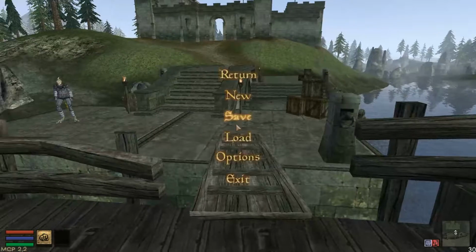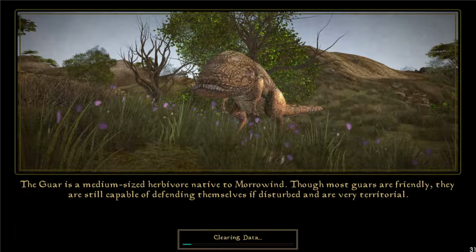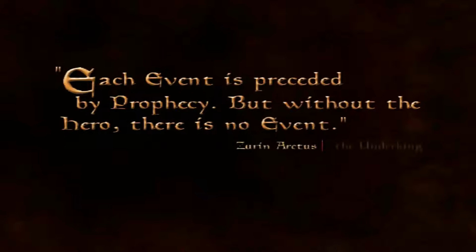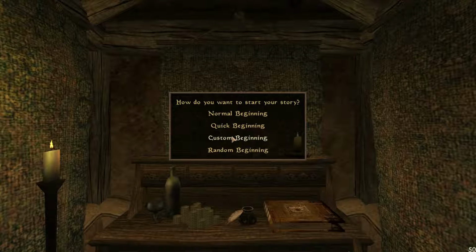Alright, let's have a look at the other options, shall we? So that was the quick start. Really, no mess, no fuss. Create your character, and then choose where you want to start, Seyda Neen or Solstheim. What is really interesting with this mod, if you play Tamriel Rebuilt, you can choose to start in Tamriel Rebuilt,